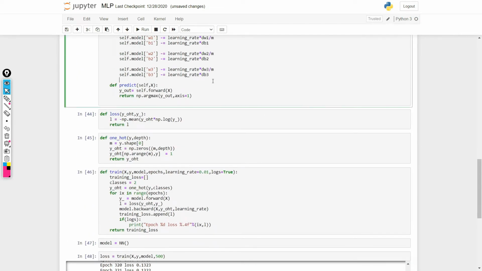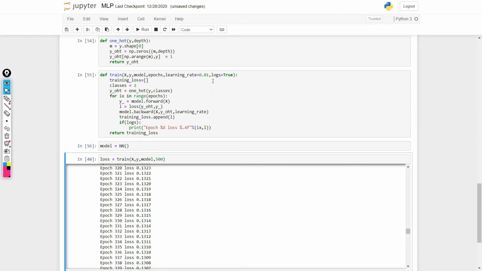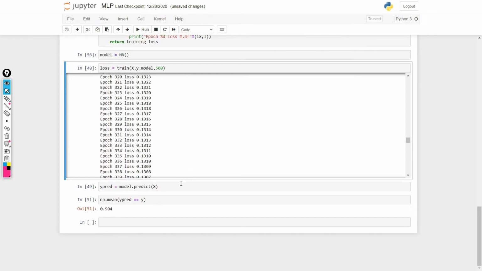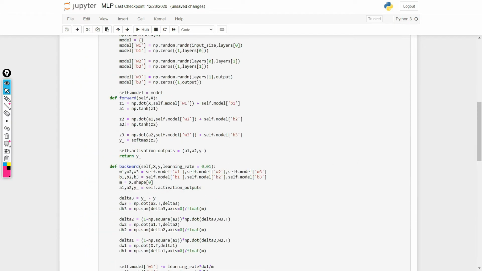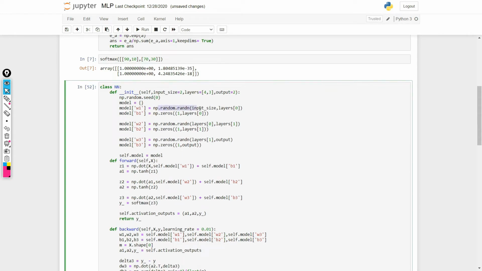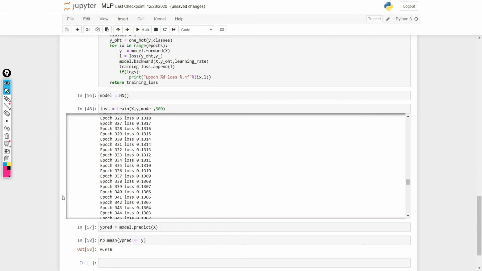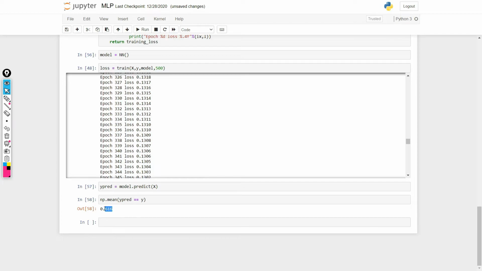Let me just run this again, and the model. Let me just check the accuracy right now. We have not trained this model again. As you can see here, by random, because we have already initialized all the values at random, our accuracy is 61.6%.